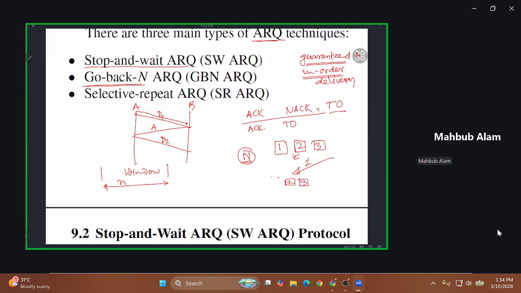One important thing is that if the go back N number represents 2, that means it acknowledges that all the packets up to 1 have been received. Now it is waiting for packet 2. And the sender will not only retransmit packet 2, it will also retransmit all the subsequent packets. So the problem is, if the window size is, say, 10 and only the first packet is corrupted or lost, and all the subsequent packets have been received, then the receiver